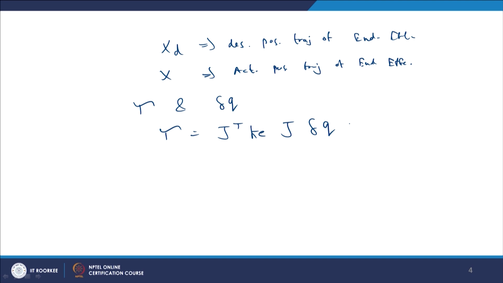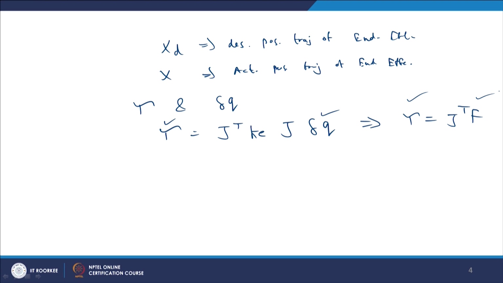That is a relationship that gives between the joint torque and the infinitesimal variation in the joint angle. This is obtained from the relationship tau equal to J transpose F, what we have seen in the first slide, that is the static relationship that gives the relationship between the joint torque and the end effector tip force,